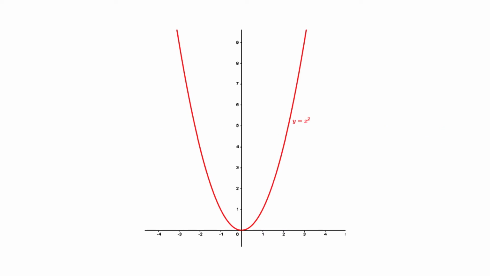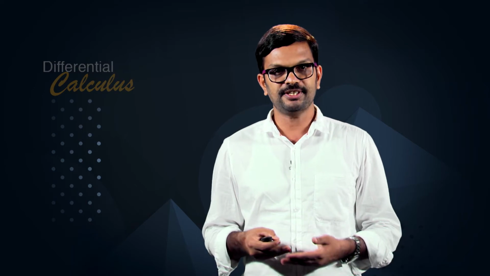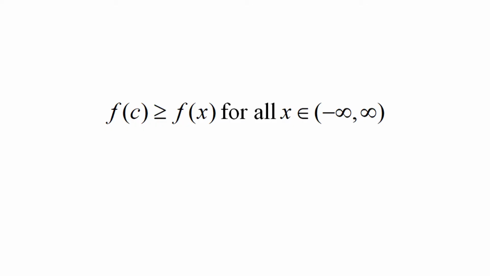However, by looking at the graph, we conjecture that f never attains a maximum on the interval minus infinity to plus infinity. We verify this mathematically. If there is a c in the interval minus infinity to plus infinity, such that f of c is greater than or equal to f of x for all x in minus infinity to plus infinity, then by the definition